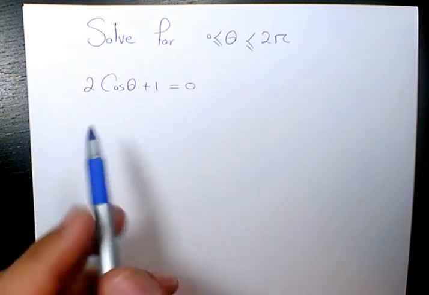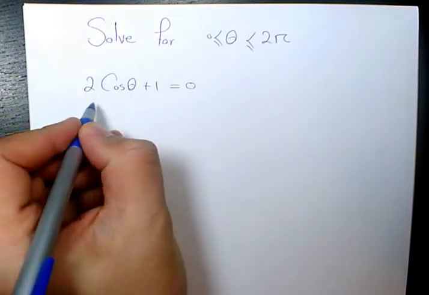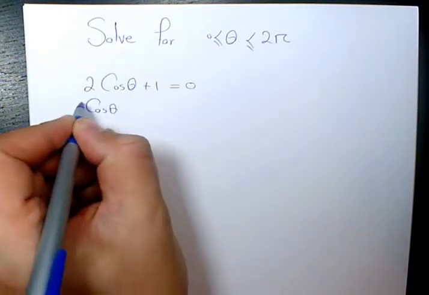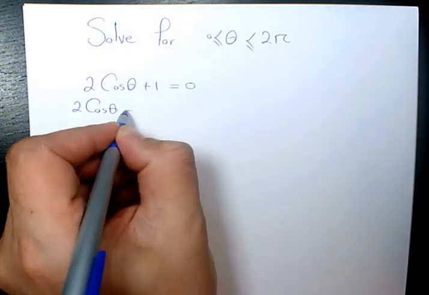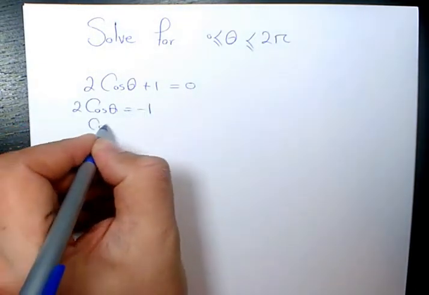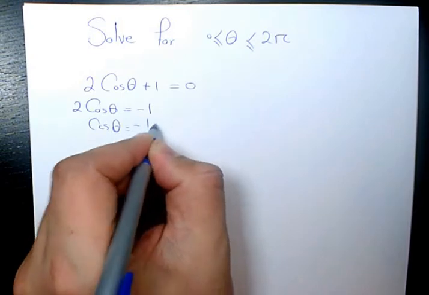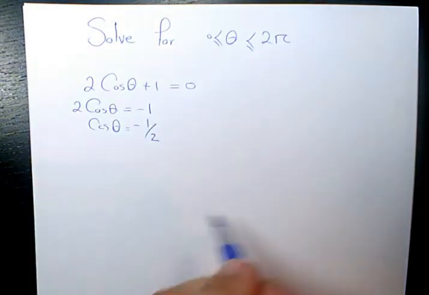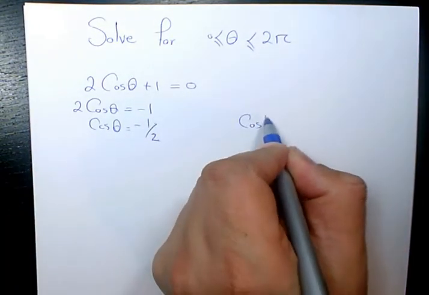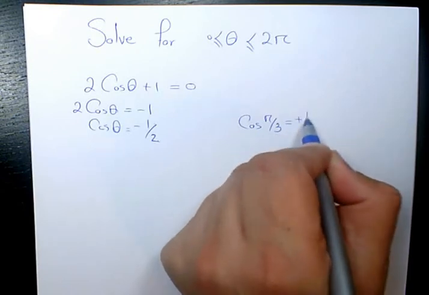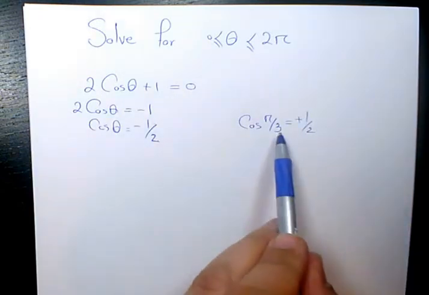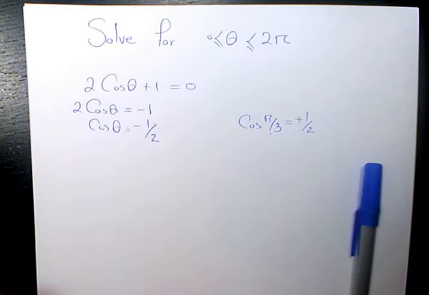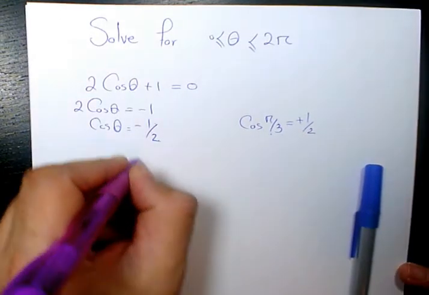The first thing I'm going to do is isolate cosine. So 2 cosine theta equals -1, so cosine theta will be equal to -1/2. We know cosine pi over 3 equals +1/2, and we can relate it to the theta. So that will be,